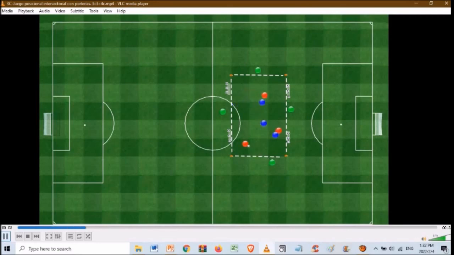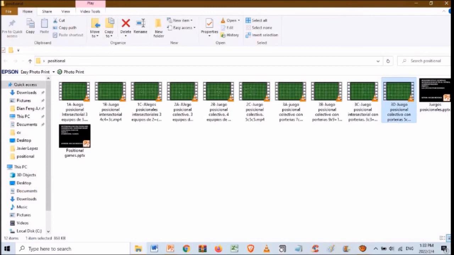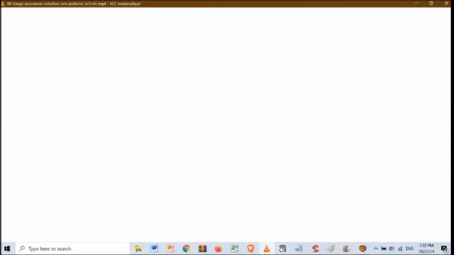And the same thing as before. If you really look from the top, you're going to see that most of the times they are having microstructures of the system you're going to use also. This will be more like a rondo, a positional rondo. And the last one will be